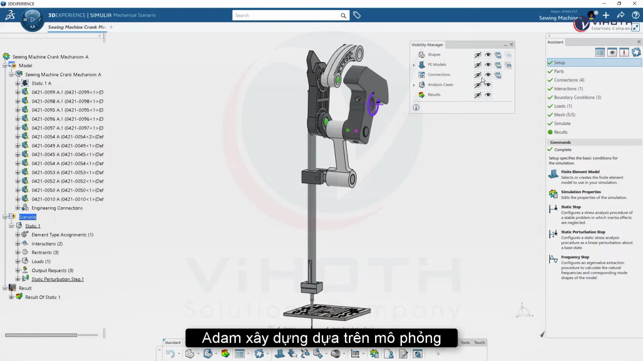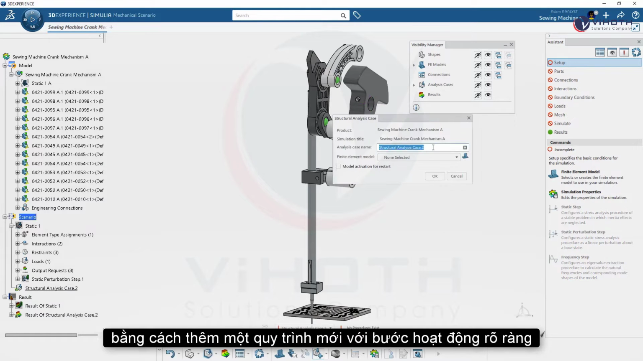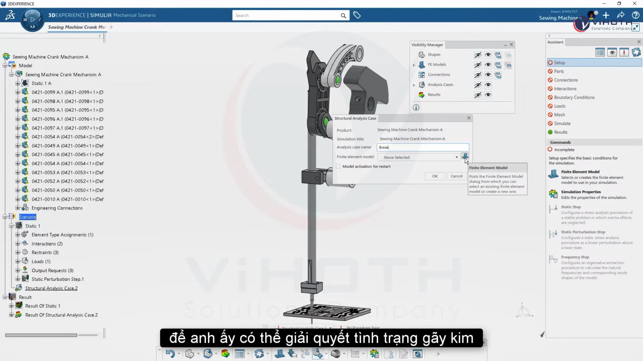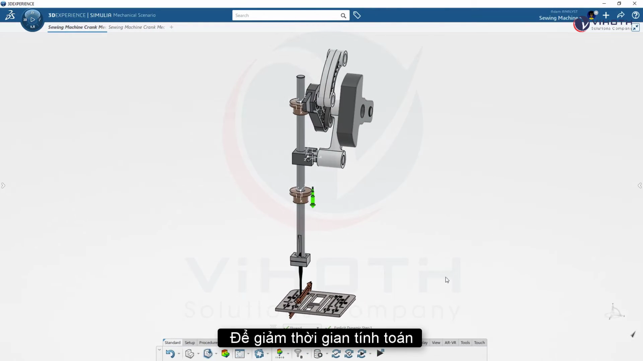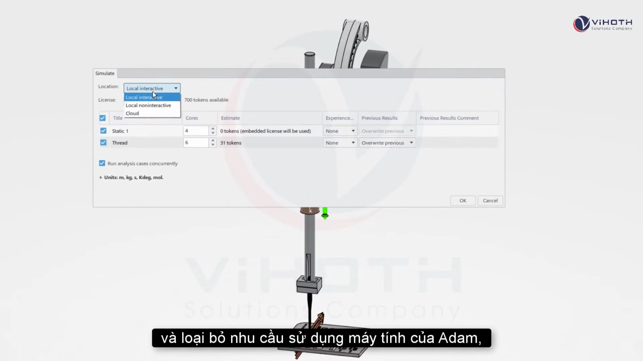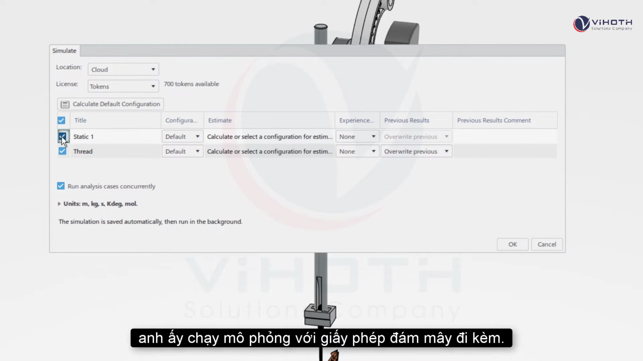Adam builds on top of the simulation by adding a new procedure with an explicit dynamic step, so he can solve for the needle break and the response in the sewing machine crank. To reduce the calculation time and eliminate the need for Adam's computer, he runs the simulation with the